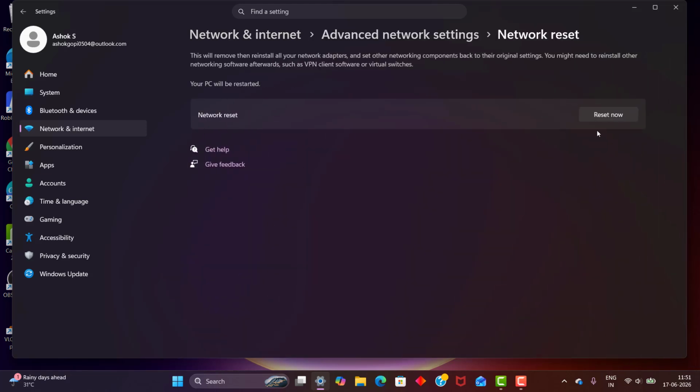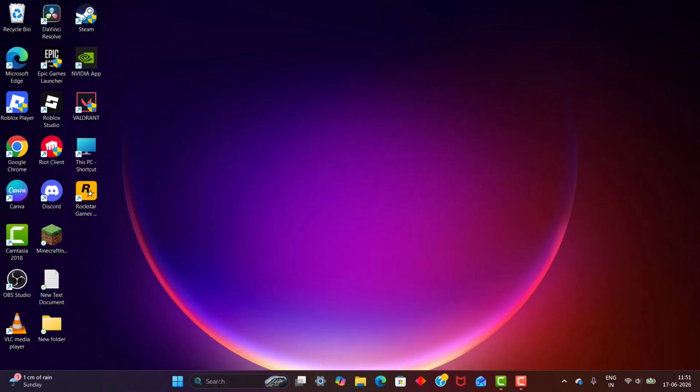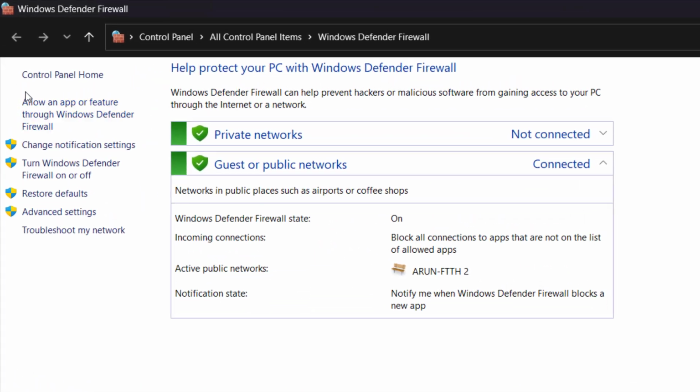Network reset and reset the network. It will reinstall all the network adapters. Click Yes and restart. And fourth method, search for Windows Defender Firewall, click it and click Allow an app or